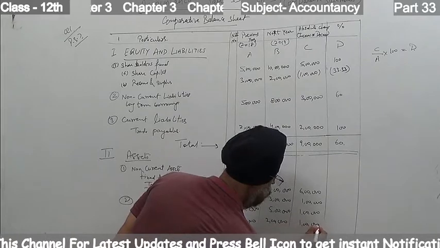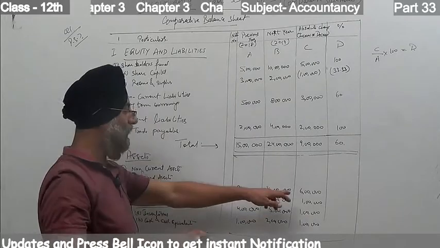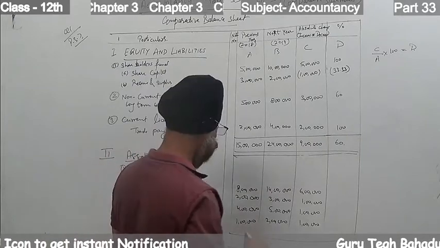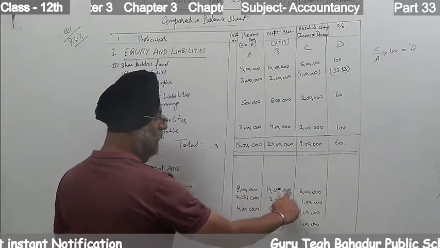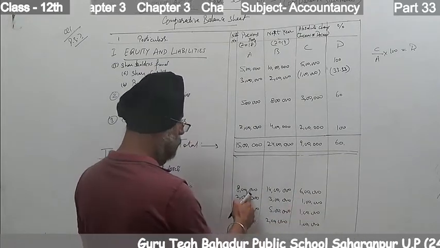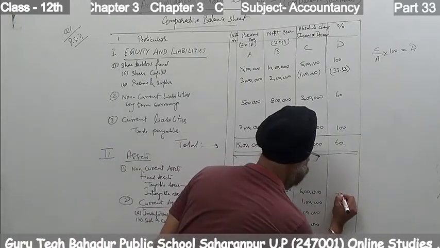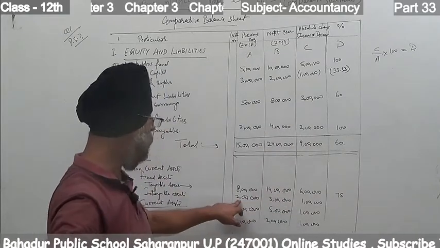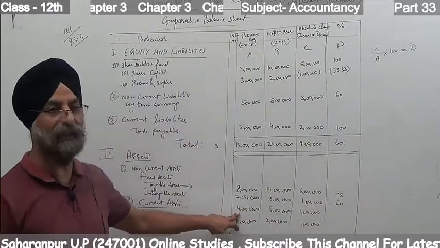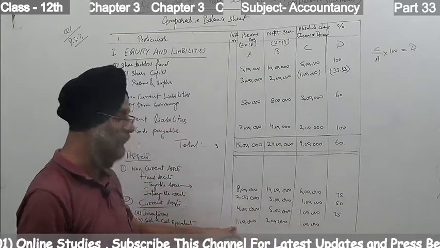In the same way, students, you have to make the percentage of this by dividing this C part, C upon A into 100. A is base year, and this is a change. How much change in percentage you have to calculate? That is calculated by change upon base year into 100. 6 lakh upon 8 lakh into 100. This is 75%. Next, 1 lakh by 2 lakh into 100. This is 50%. Again the same, 1 lakh by 4 lakh into 100. This is 25%. The last cash, this is 1 lakh by 1 lakh. This is 100%.